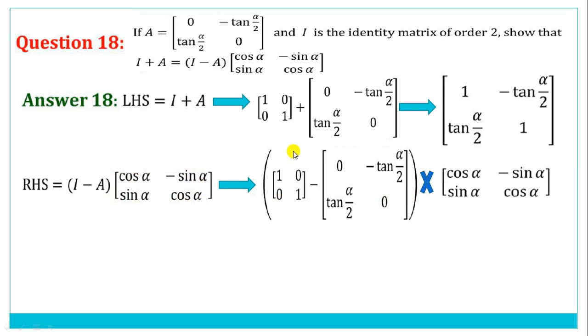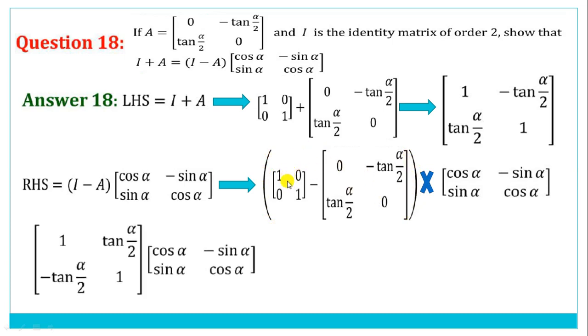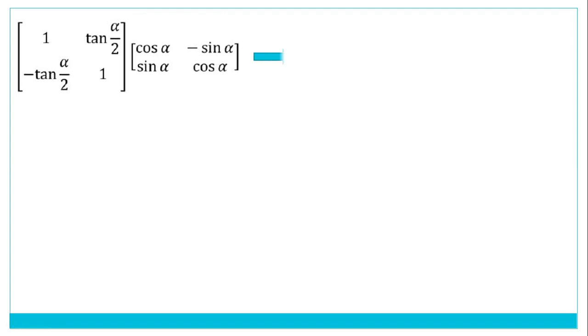Now let's get started. Now we have to solve this bracket. Obviously we have to solve this bracket. And how do we solve this bracket? By subtracting this matrix from this matrix, and after solving this bracket, this is the matrix that we will receive. And now we have to multiply this matrix that we have received after solving this bracket by this matrix that is written here. So now let's get started. Let's multiply them.